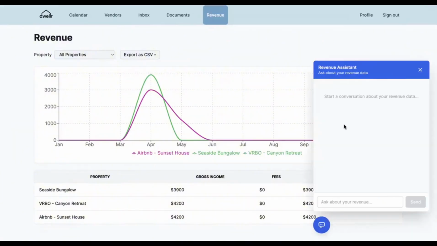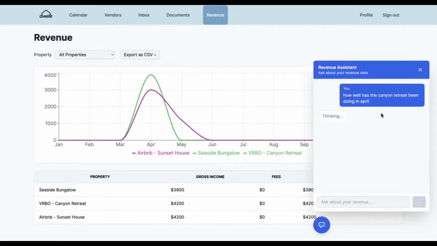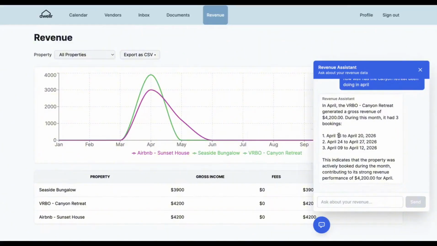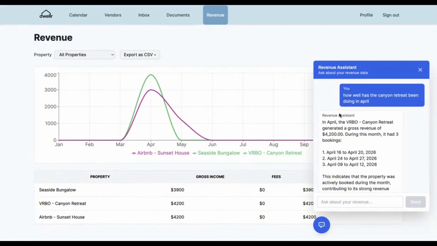an AI feature where you can ask about any tax related questions. So you could ask how well your property has been doing in the last month, for example. And it will give us a good breakdown of how much money that property has made based on this question